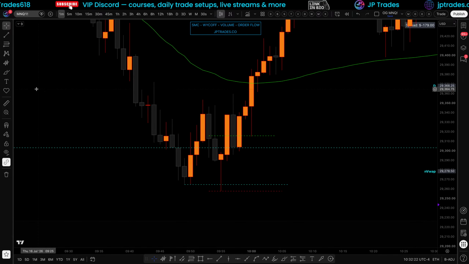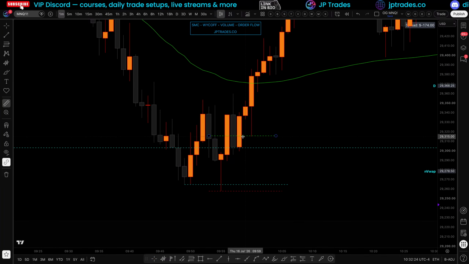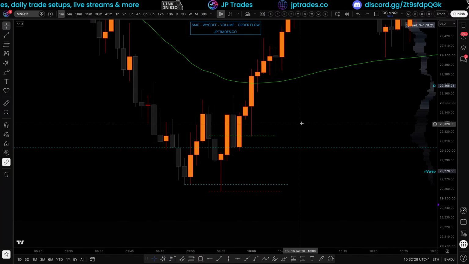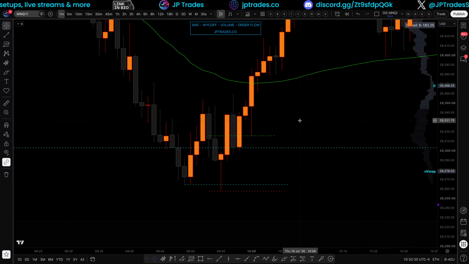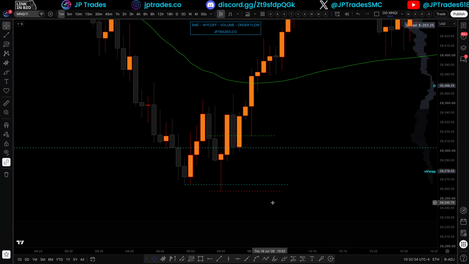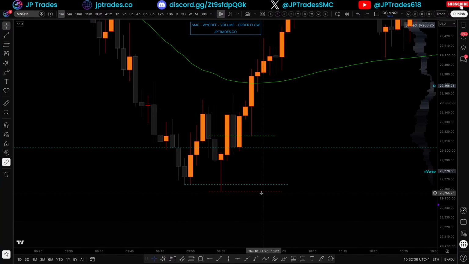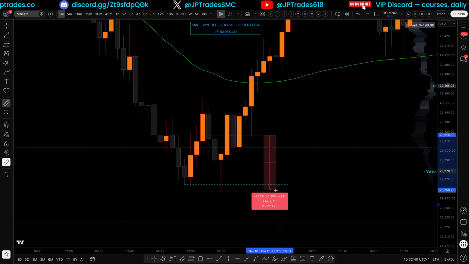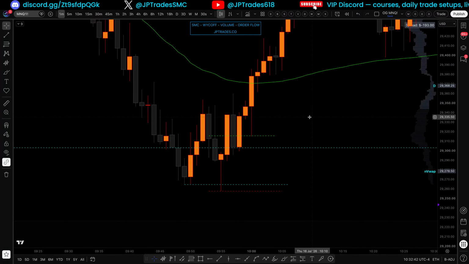which was what here? About 60 ticks. So, and your stop loss, unfortunately, here did have to be pretty wide, right? So that's a 230 tick stop, right? So,